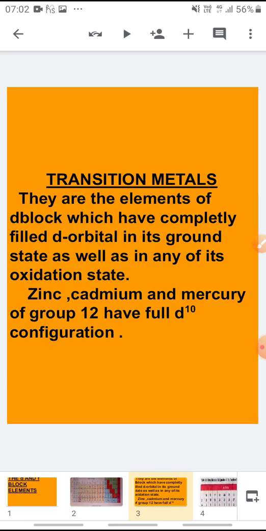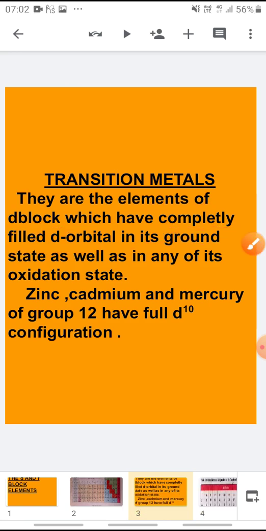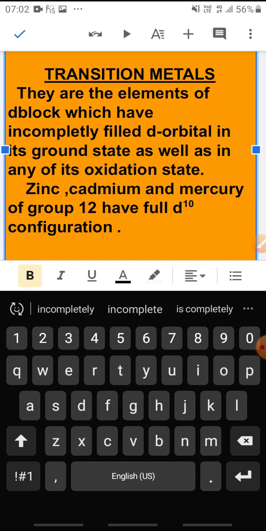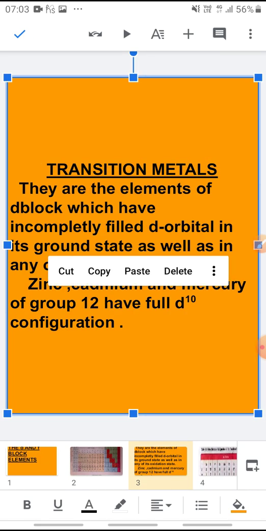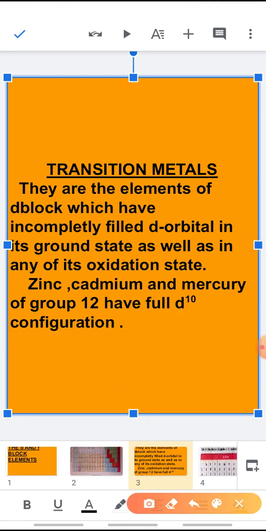Transition elements are the D block elements which have completely filled d orbital in it. Sorry, it's not completely, it is incompletely. Incompletely filled d orbital in its ground state or in any of its oxidation state. So, these elements which have incompletely filled d orbital in ground state as well as in its most stable oxidation state,